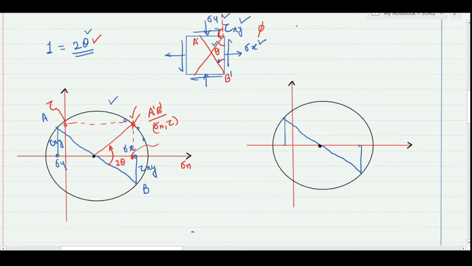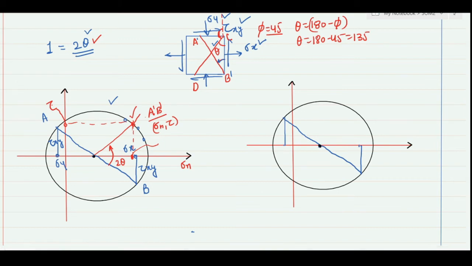So in my case, my theta will be what? My theta will be 180 minus this phi. For example, this phi is of 45 value. So in my case, my theta will become what? 180 minus 45, that will be 135. And when I represent this plane, let this be plane C and D. So the CD plane on the Mohr circle will have angle 135 into 2, that means 270.